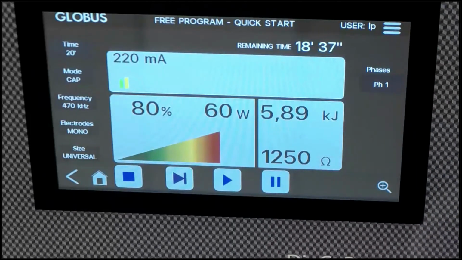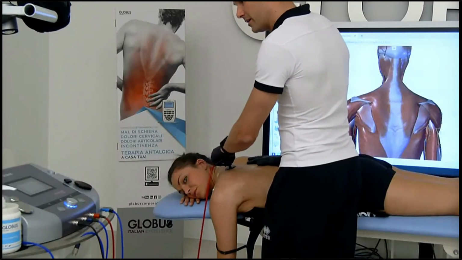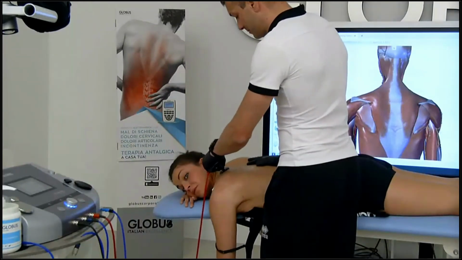I can also warm up a bit the supraspinatus area, the levator scapula, all the areas that I really want to treat, and also the part between the scapula and the trunk. So for the scapulothoracic muscles, because these are the muscles that I would like to treat, the posterior part of the scapula, and maybe also the scapulothoracic muscles. So have a look at the histograms there. We are using 300 more or less milliampere.